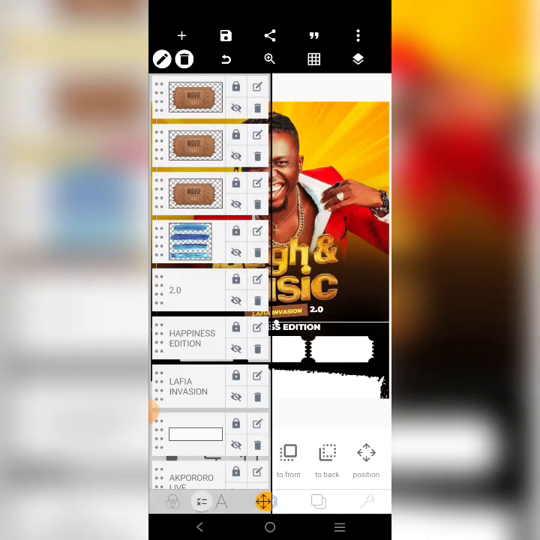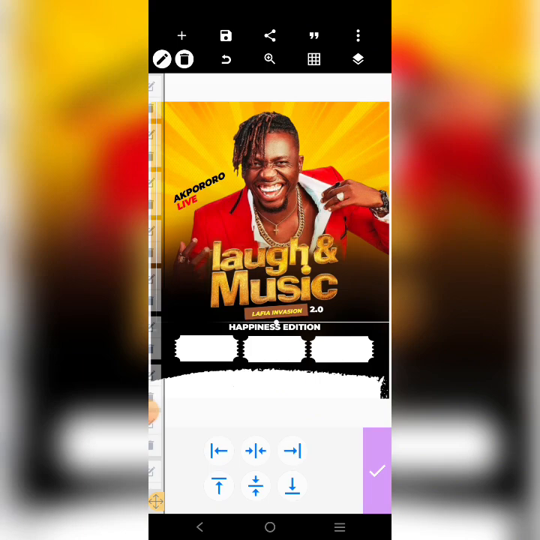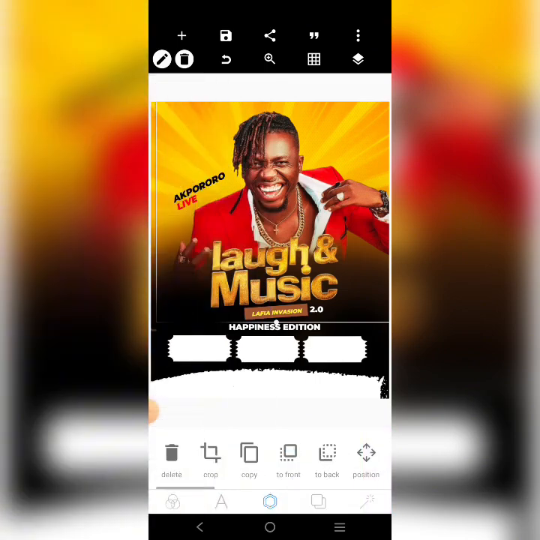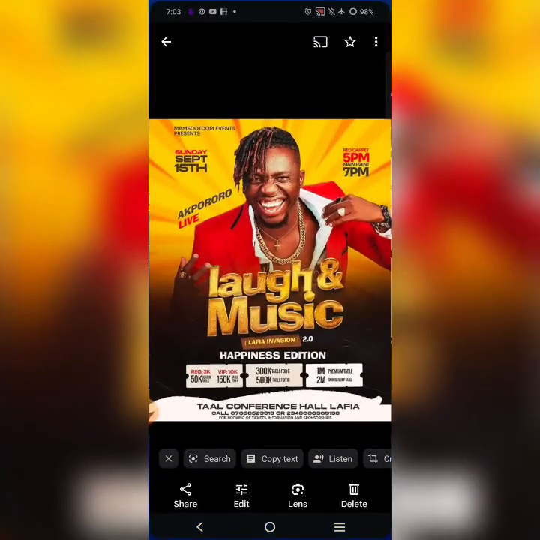All right, so we'll go here now. We'll click on this icon here. All right, is to group all together. You click on this relative position, click on this one. So we have all of them fixed like this. All right, so let's go over here and check something now. If you go over here now, you will see